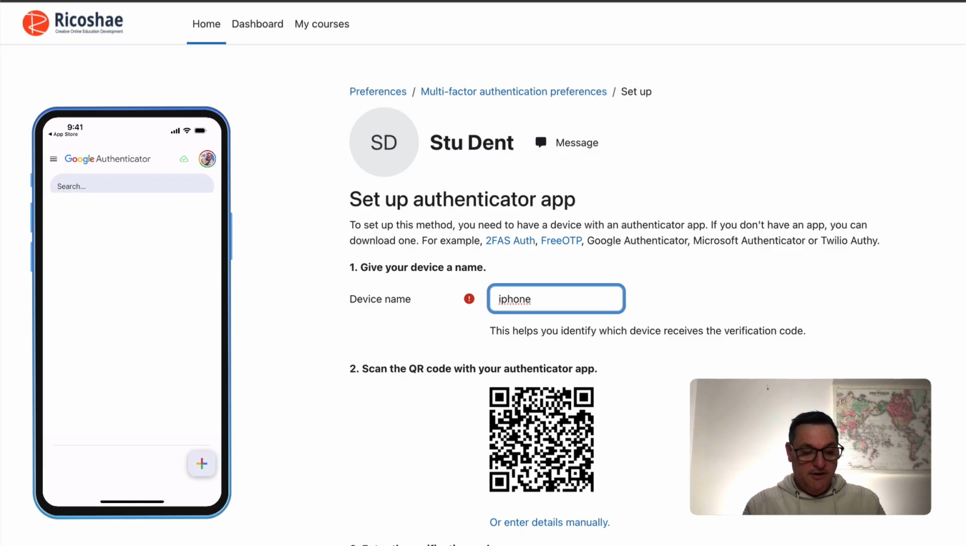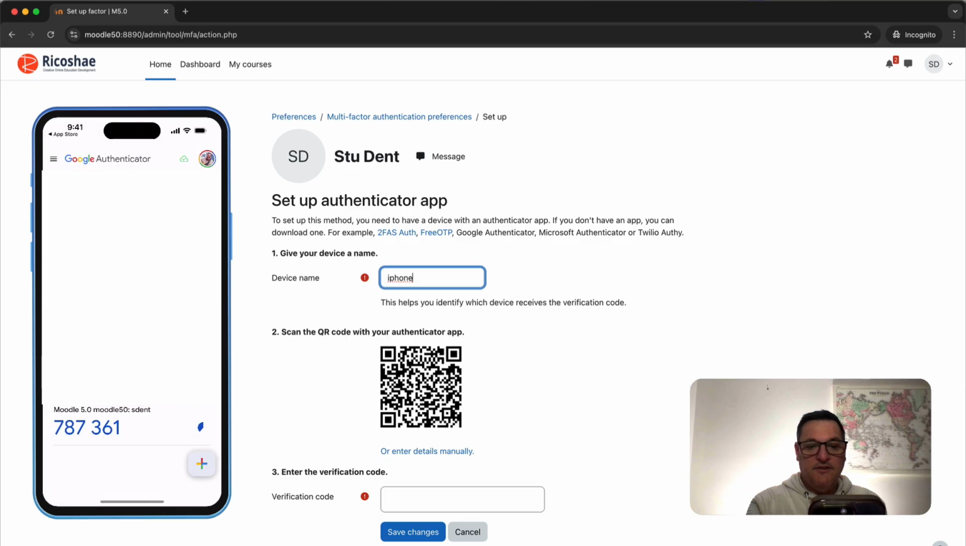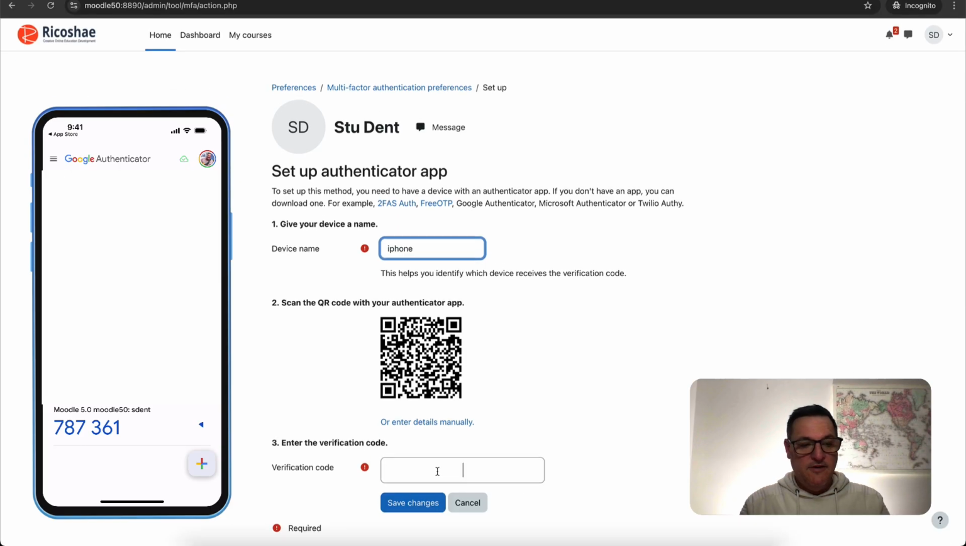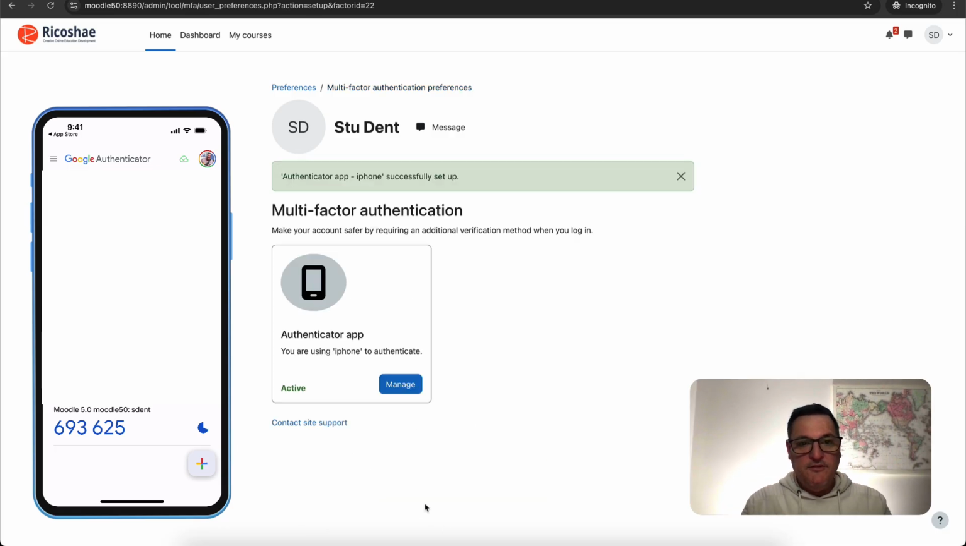There's a button down the bottom right you click on. So select that button and select Scan a QR code. Then all you need to do is move that across the screen till it finds the QR code, and it will straight away put in down the bottom a new code for you. All you need to do is verify that that code is correct. Now, if the code changes red, I suggest you just wait a moment while it refreshes and put in the new code. In this case, 693625. And save changes. And if everything's working, it will say Authenticator app iPhone successfully set up, and it's now